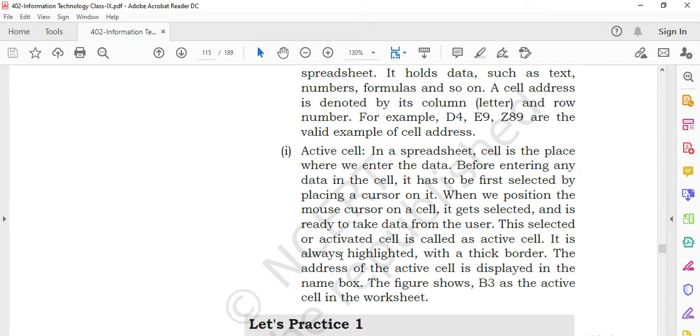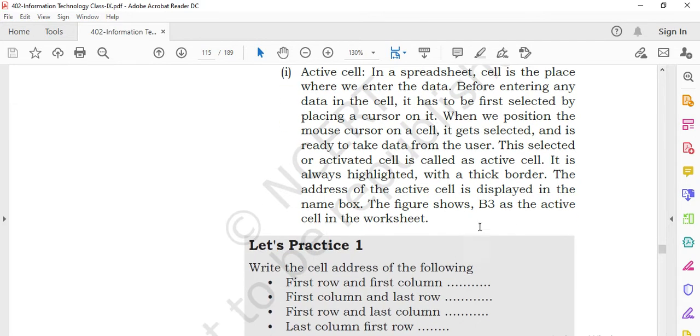This selected or activated cell is called the active cell. It is always highlighted with a thick border. The address of the active cell is displayed in the name box as shown in the figure. B3 is the active cell in the worksheet.